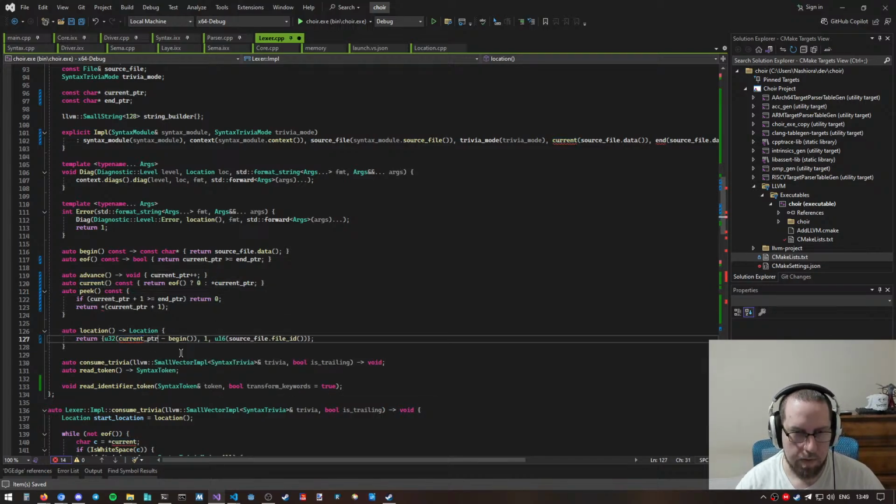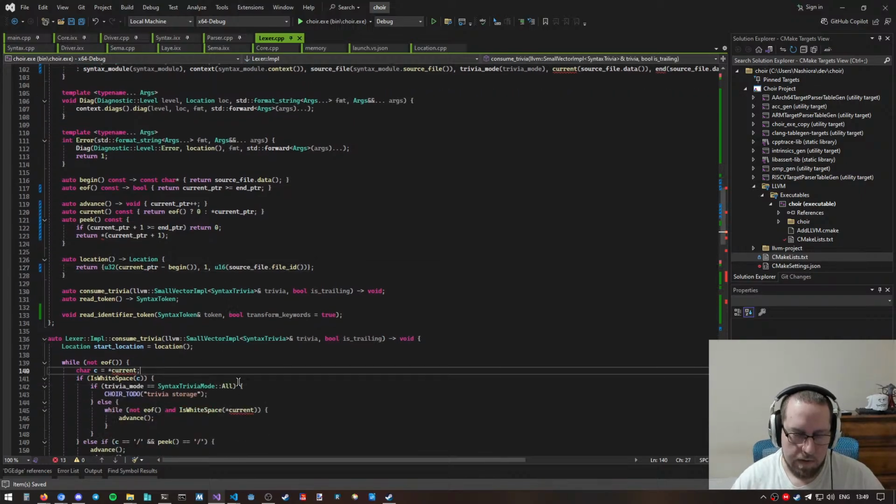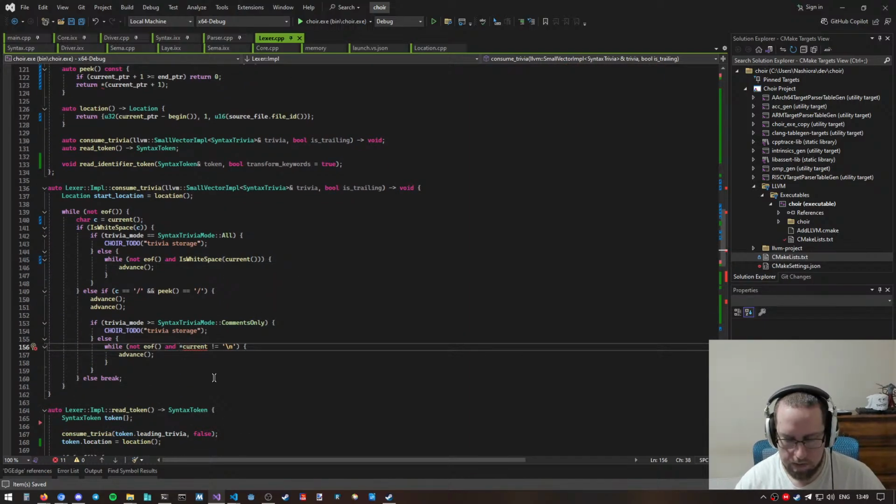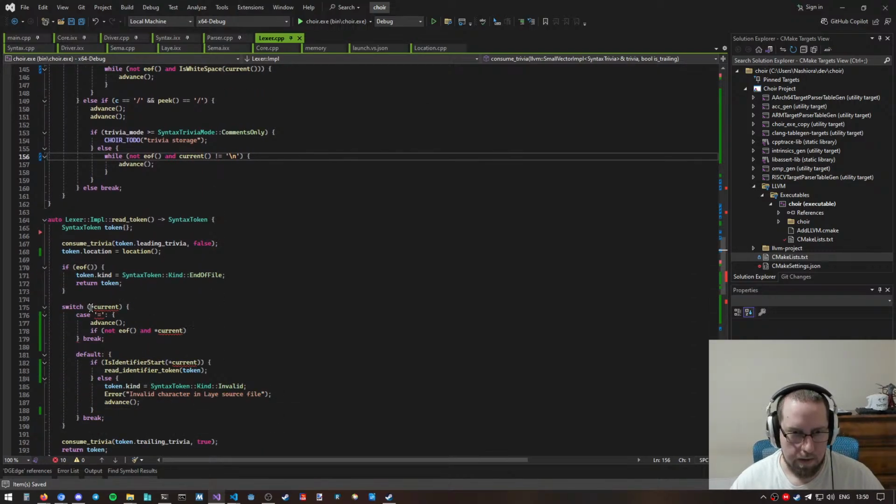Current pointer, begin. So then car C is current. And while current, then